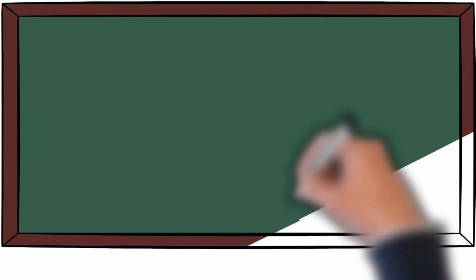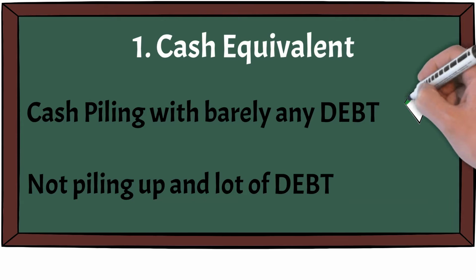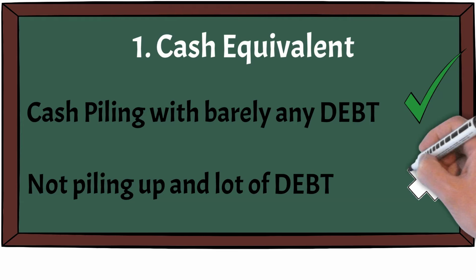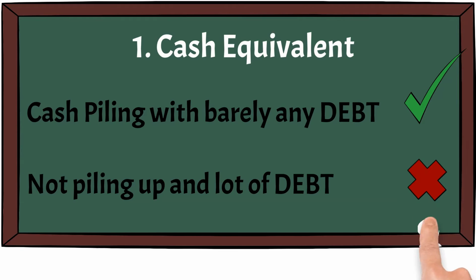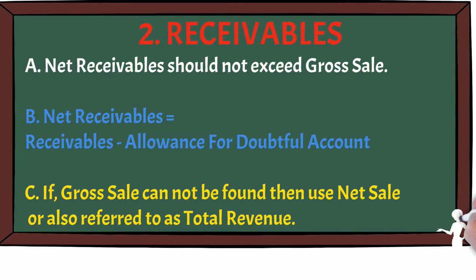A rule of thumb for this section: if a company is sitting on a lot of cash and barely any debt, it is usually a good sign that this company has some sort of competitive advantage. However, if the company is short on cash and is in a lot of debt, this is what we should avoid. 2. Receivables section. When looking under this tab, we would like to take the net receivable and compare it